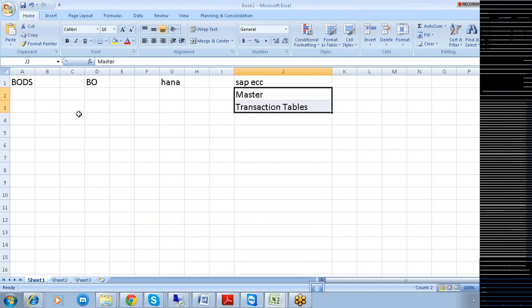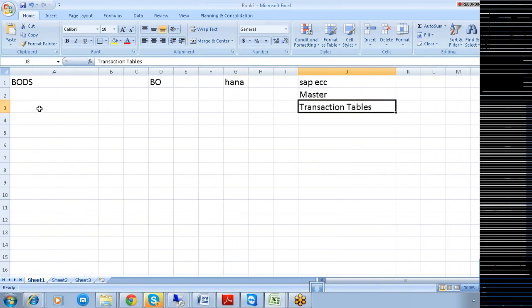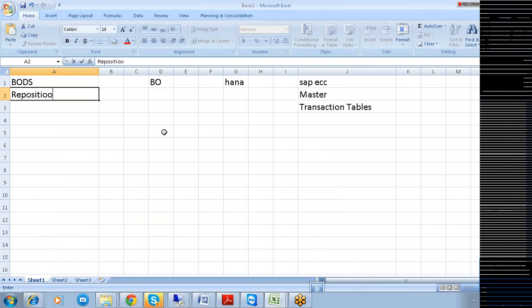See here, master tables and transaction tables. In BODS, I'm supposed to create a repository first. The repository is nothing but a relational database that holds all the metadata structures.